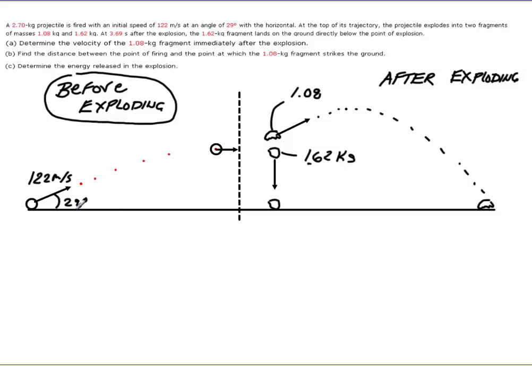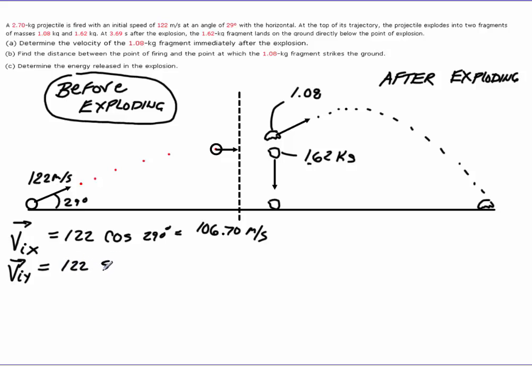Alright, to work this problem, I'm going to look at what takes place before exploding. I'm going to find my velocities, the components. So my initial velocity in the x direction will equal 122 times the cosine of 29 degrees. That'll give me a value of 106.70 meters per second. My initial velocity in the y direction will equal 122 times the sine of 29 degrees, and that gives me a value of